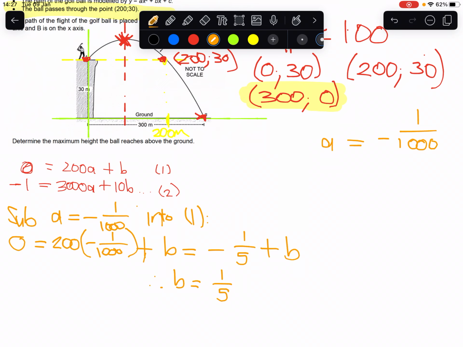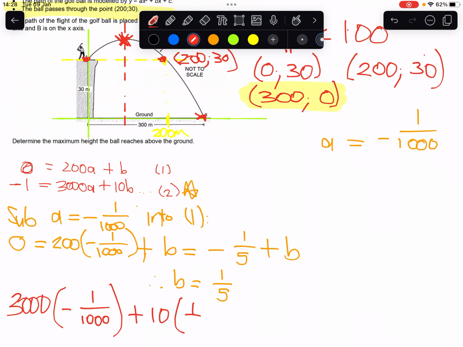Always a good idea to then sanity check your result, right? So if you put a and b into this equation, then you should end up with -1. If you don't, again, you know that maybe your calculations went funky somewhere, right? So let's see, 3,000 times negative 1,000th, plus 10 times 1/5. All right, let's see what that works out to. So the first term is -3, the second term is 2, and that does indeed give us -1. Right,